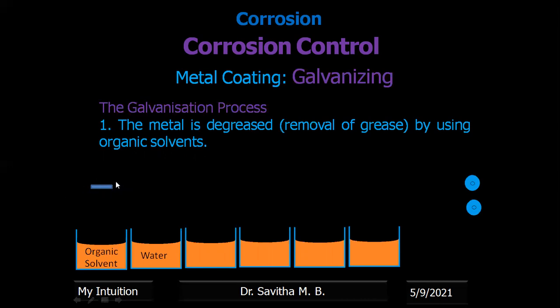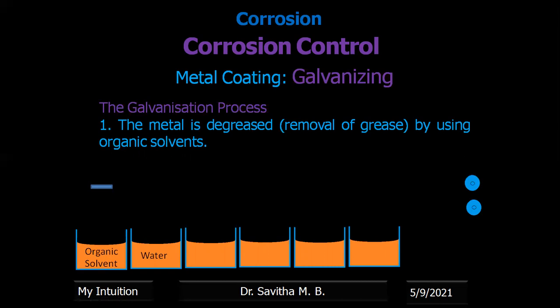What are the types of impurity that can be present? There may be dust particles, some oil or grease impurities, and some pre-existing rust. All this has to be removed. Dust and sand particles can be removed by just a water wash or air blow, but we cannot remove grease or pre-existing rust by just washing.